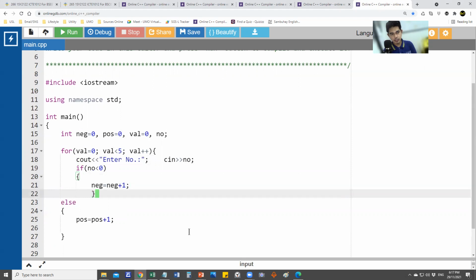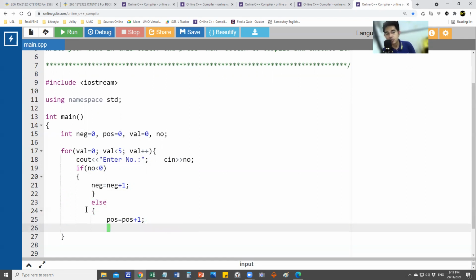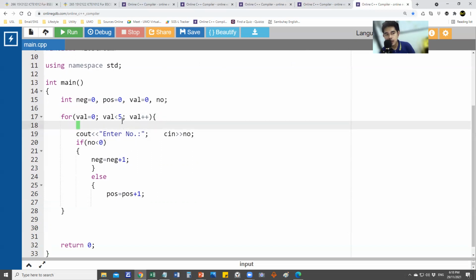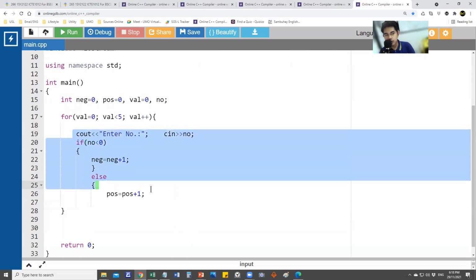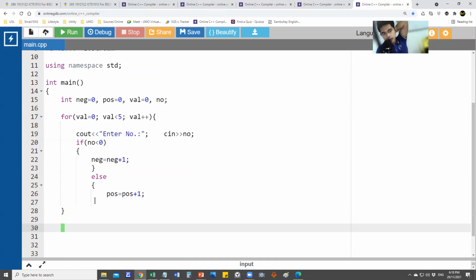Okay. So, ginagawa ko guys, yung pagbibilang natin, ginagawa natin sa loob ng for loop natin. So, pag initially 0, okay. Pag 0 yan, is it less than 5? Yes. Gagawin ko to. Anong gagawin niya? Mag-enter ako ng number. I-test niya kung 0 or negative or positive. Pagkatapos, magpa-plus 1 tayo. Tapos, gagawin niya to. Pag natapos na to hanggang less than 5, so 0, 1, 2, 3, 4,